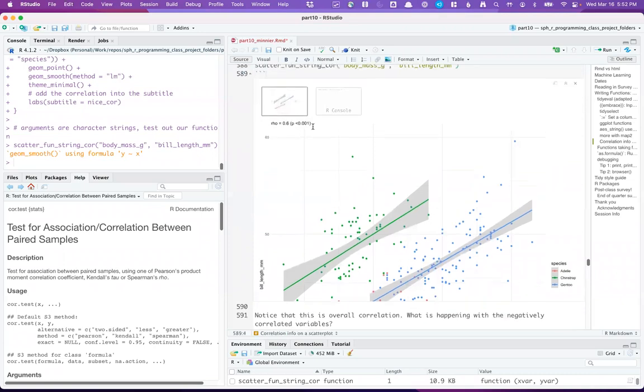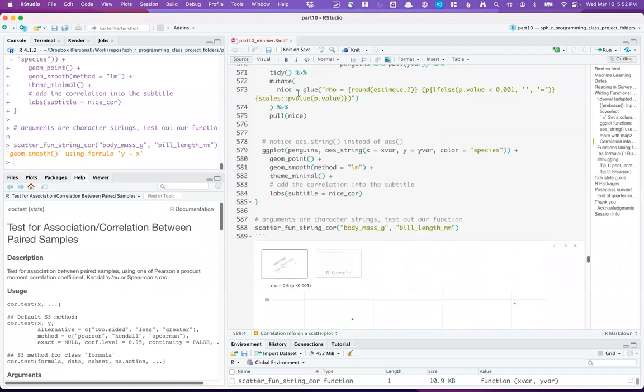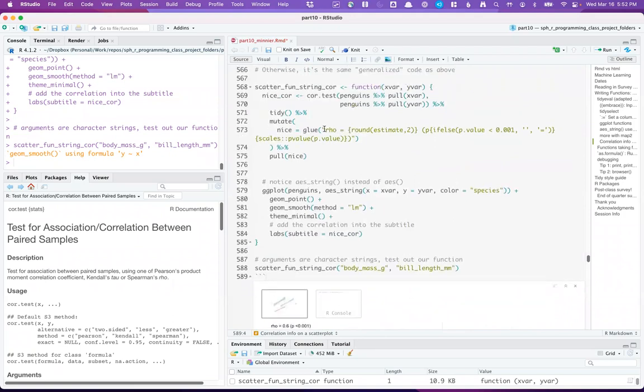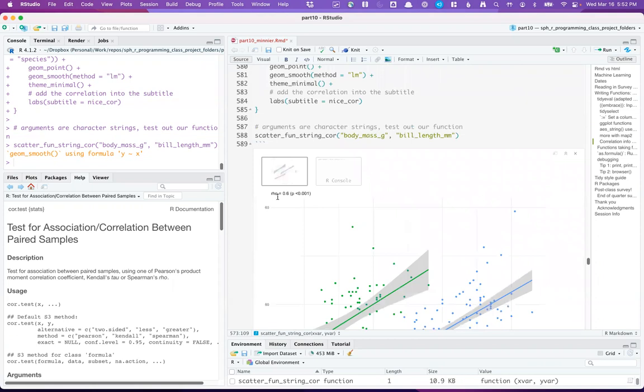So I've pulled out the information using tidy and pull, and I used glue to make a nice kind of summarization. I put the correlation and then the p-value. And so this is just an example. I just wanted to have an example here for you to see that that's kind of what I usually do. I pull out some summary information such as correlation and the p-value, say, and then I plot that